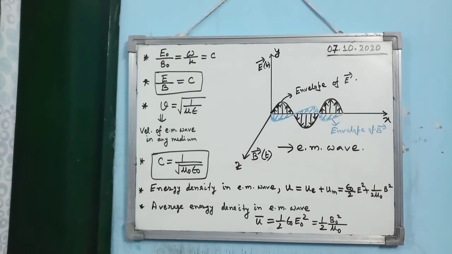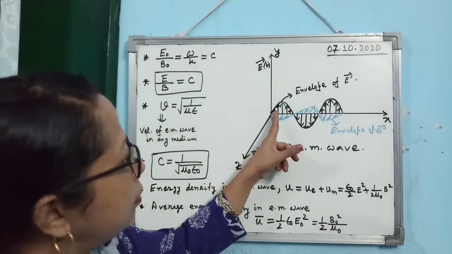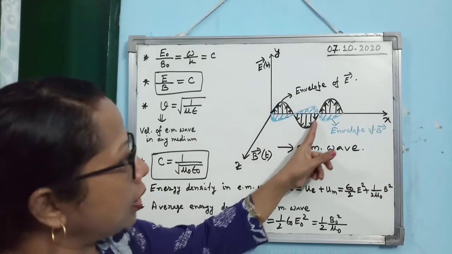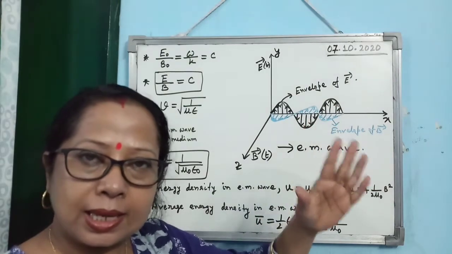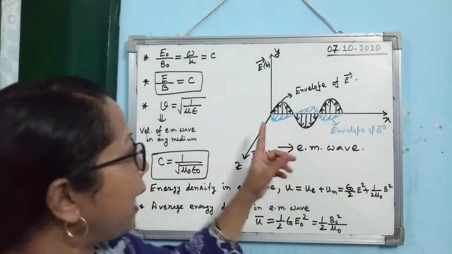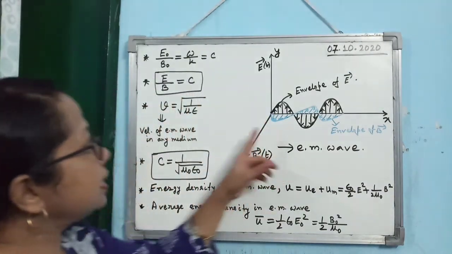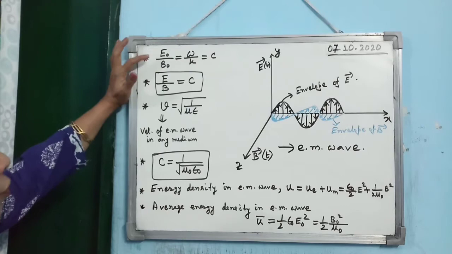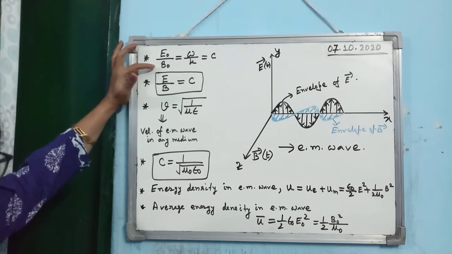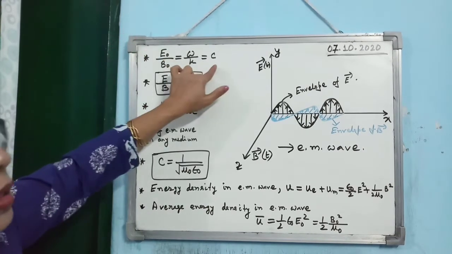Now these are a few important relations related to the electromagnetic wave you have to remember. If you consider the electric field and magnetic field, I have already shown the wave. The electric field is a sinusoidal wave. So E is given by E0 sin(omega t plus kx). Why omega t plus kx? Because it is a progressive wave. And B is given by B0 sin(omega t plus kx). In this case, E naught is the maximum value, the peak value of the electric field, and B naught is the peak value of the magnetic field. So the ratio of the peak value of the electric field to the magnetic field is equal to c.